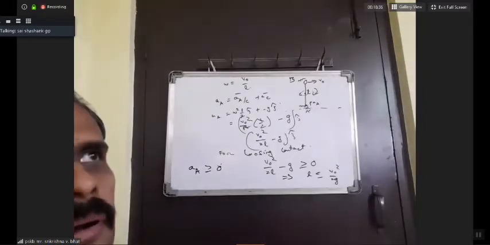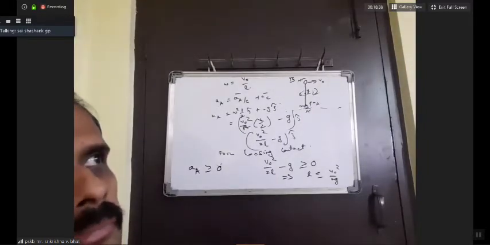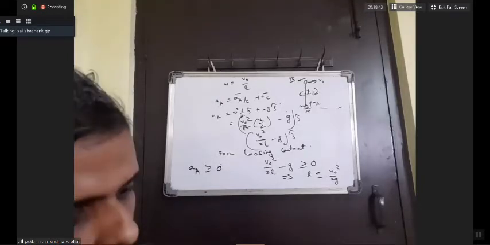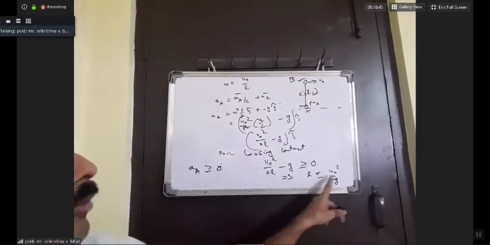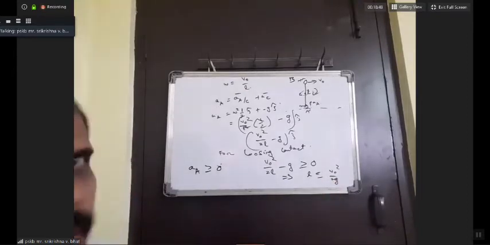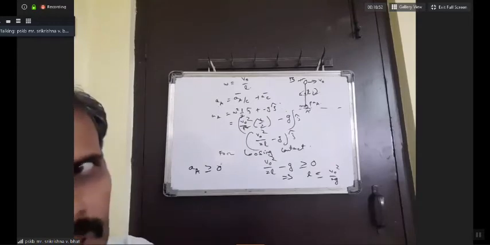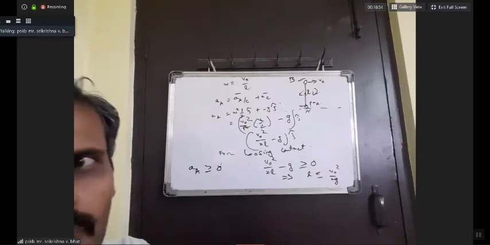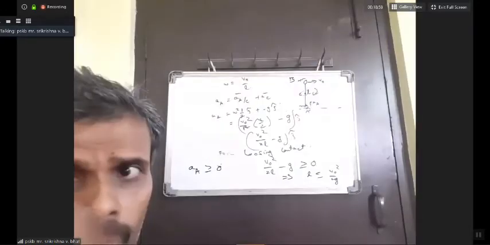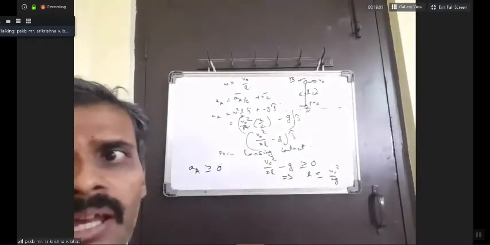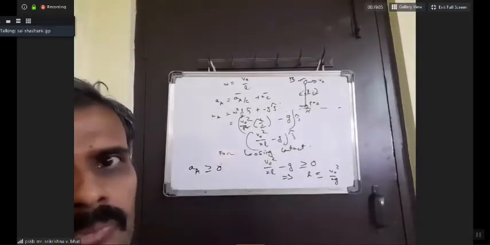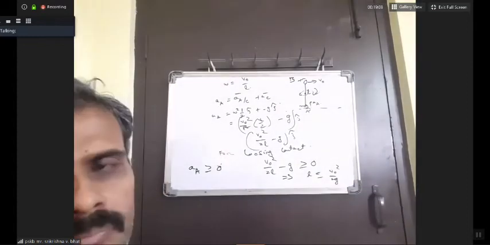Sir, at the equal to 0 limiting case, can we assure that it will leave the surface? That means at acceleration equal to 0, when L is equal to V naught square by 2g. Yes, sir. If L is equal to V naught square by 2g, it will just be at the verge of leaving the surface. Okay, we would not say that it would be a perfect case of leaving the surface, but here the question was to find the maximum possible length. So maximum possible length means you should find the limiting value only, no? Yes, sir. So there you will be finding this value. Okay.